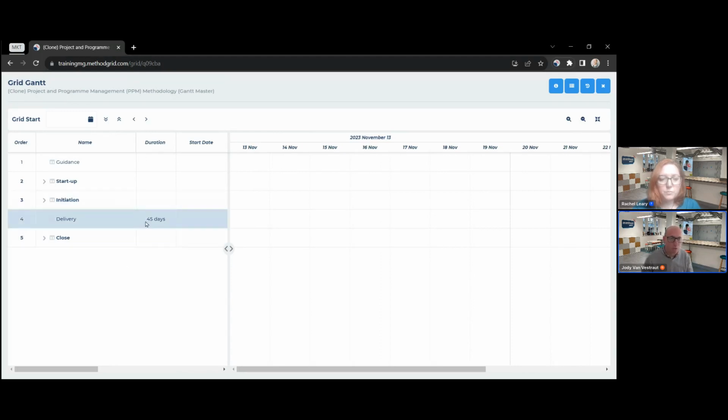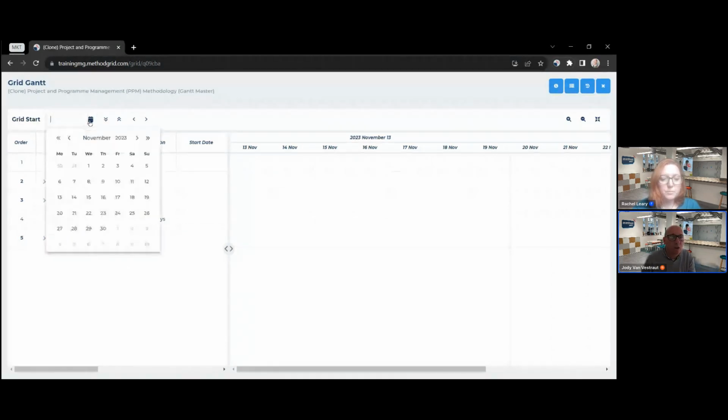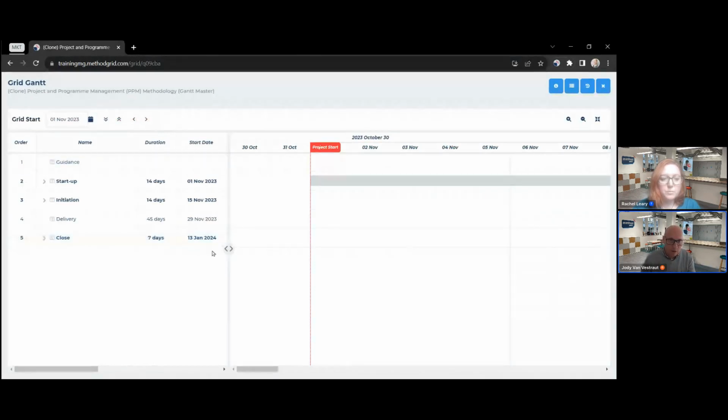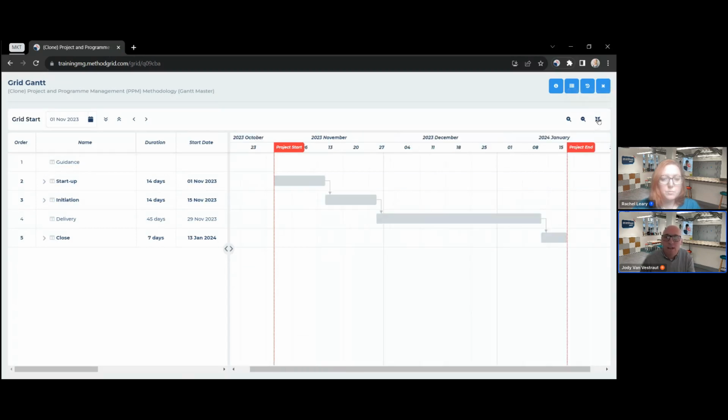So if I bring this back now, if this is now ready to go, I could go in and tweak those before I do this, but I can tweak this at any point. I can schedule at any point. If I now say, well, I want this project to start, and this is the grid start date, on the 1st of November, it now instantly schedules everything in this Gantt. This button here is very useful. Zoom to fit will show the full time scale. So it's taken every duration